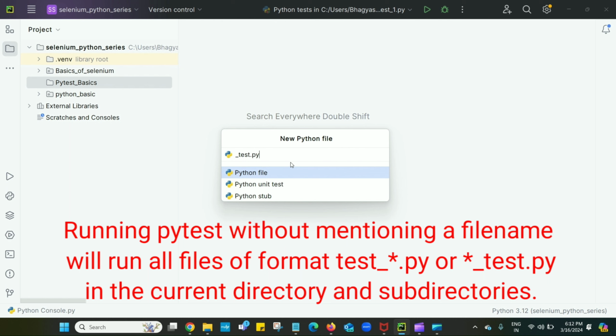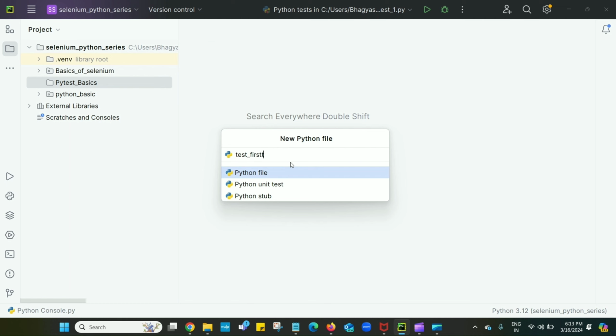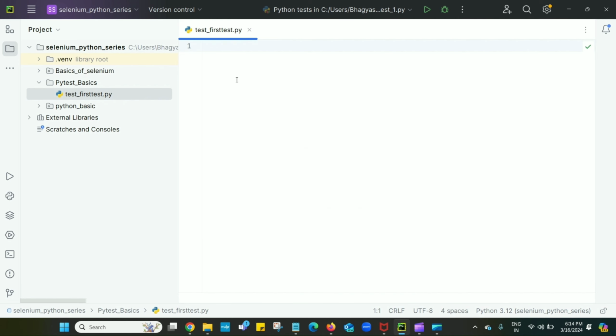Like this we have to write our file name. Then only PyTest will automatically recognize it as a test. For example, I will give the name test underscore first test dot py. So this file I have created.